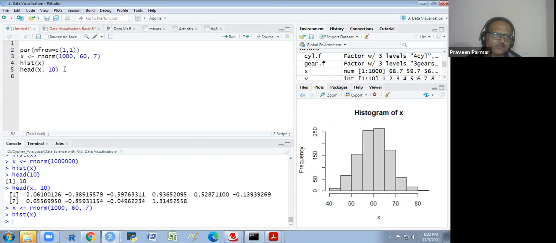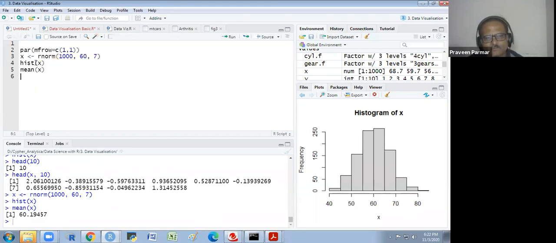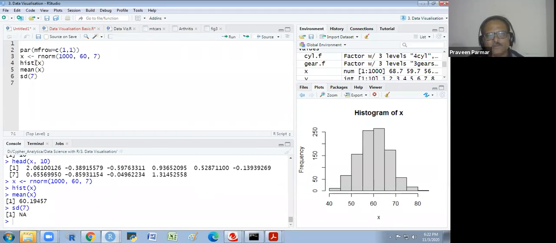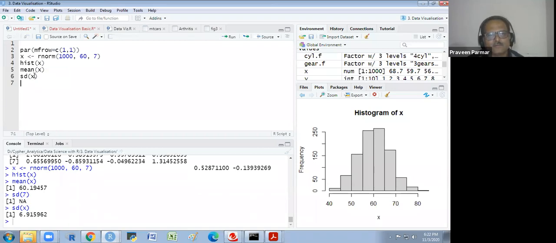And if I see the mean of X, the data I have created, it should be very near to 60. And the SD should be near to 7. Not exactly 7, sorry, I have 6.91, that is 7. It is the normal distribution.